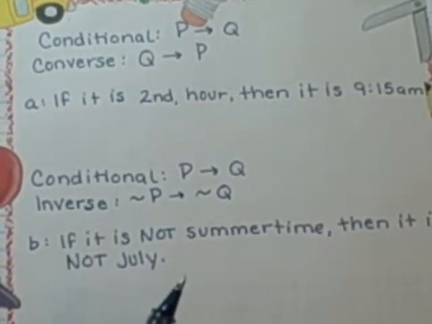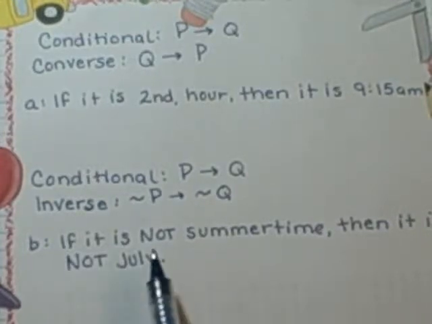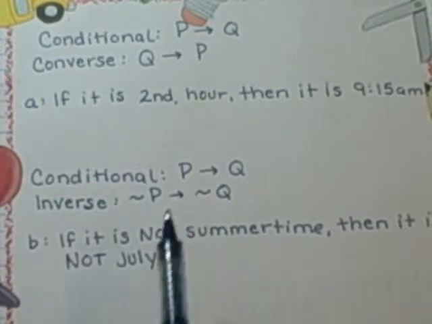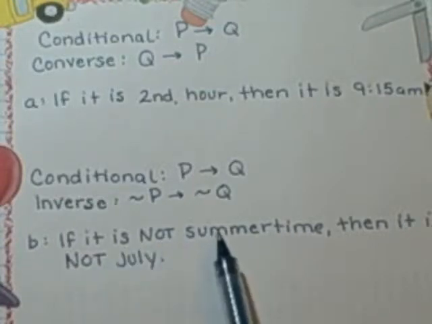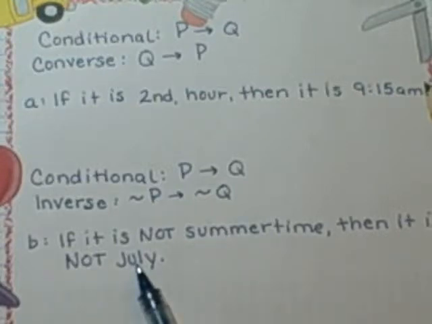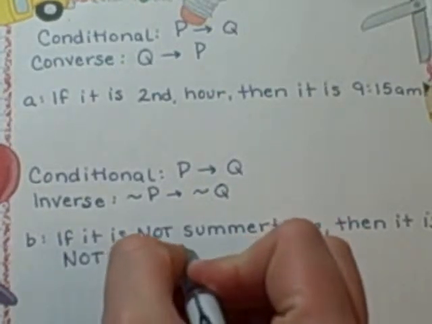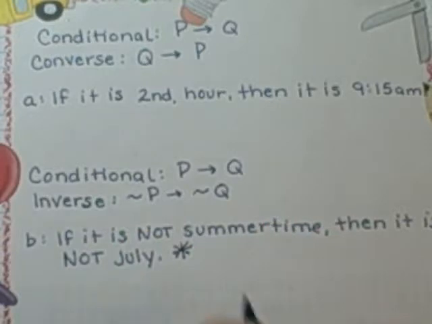And I know these ones with the nots in them are a little bit tough to work out in your head. There's a lot of negating going on. But if I tell you it is not summertime outside right now, which it's not, evidenced by the inches of snow that are falling right now, is there any way that it could be July? And I suppose if we were going to get technical and talk about down in Australia, it could be, I would take that as a counterexample. But if we're sticking to the United States here, this one would be true. If it's not summertime, you know it can't be July. That's true.